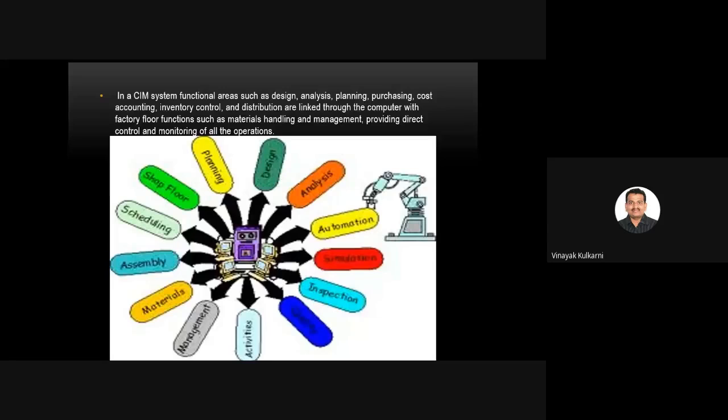Every time there was some change in the design, the person had to come from the design department to the shop floor and tell that so and so is the change in the design. And analysis was done based on graphs and other things. All these things are now computer integrated, where we have software which will control all the data, shop floor scheduling, assembly, and material management.